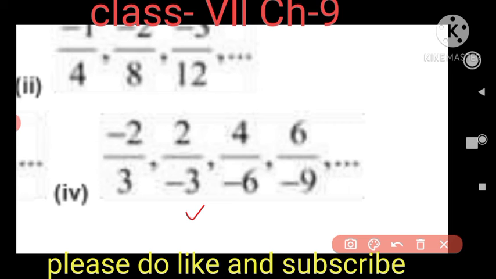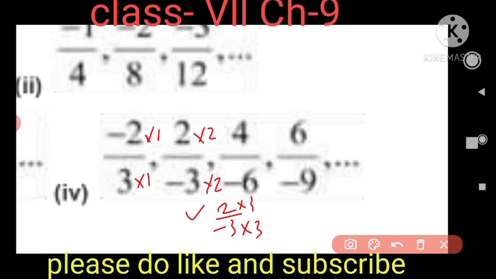Now you can see here they are multiplying this with what? 1, isn't it? They have multiplied this with 1. So 2 into 1 we got 2, and minus 3 into 1 is minus 3, isn't it? Now again next one, if you multiply this with 2, then how much are you getting? 4 and minus 6, isn't it? So we got this much. Again if you multiply 2 upon minus 3 with 3, then we get 6 upon minus 9.